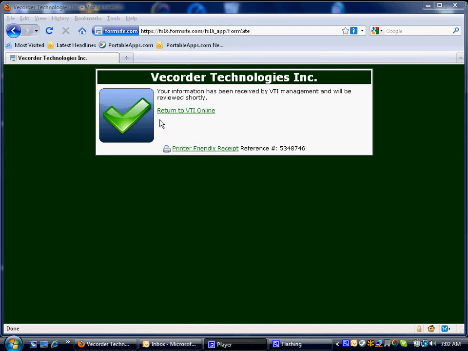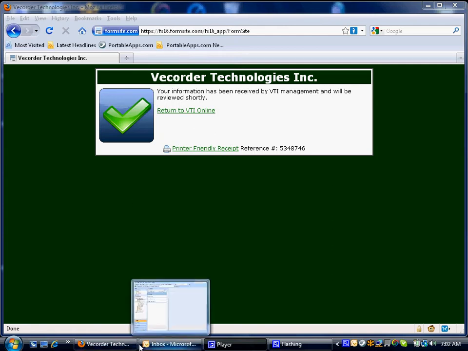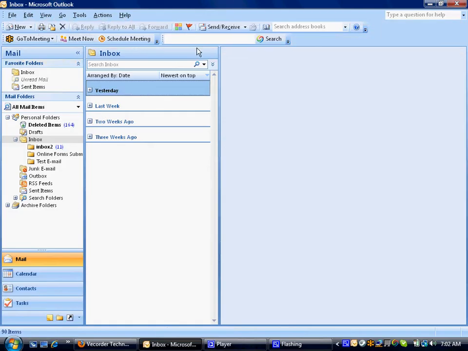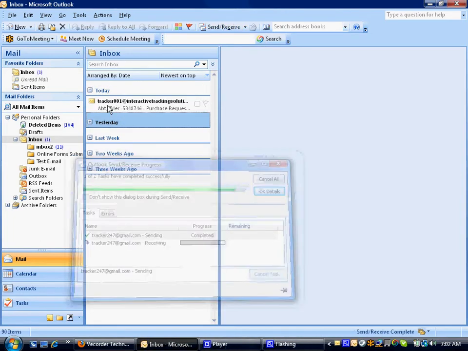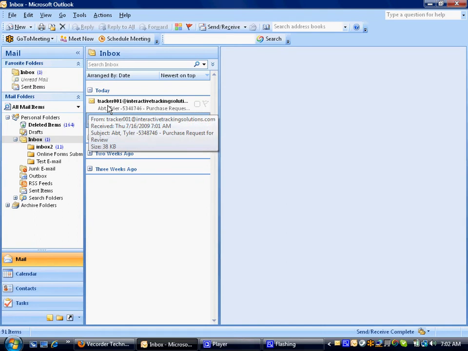Okay, at this point, we're going to continue on with video 2, which is the review process. And from the screen that we had just left the submission process from, we are going to now return into an email box. We're going to see what the automated email alert that comes through. Now, this will be sent directly to the vCorder Technologies divisional manager based upon the response we had placed into